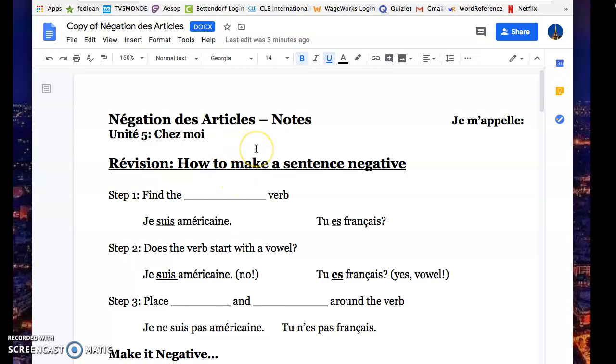So if you have these notes printed out, that's great. If you have a pencil, that's awesome, or a pen. You also might want to get out a highlighter. Okay, so I'm just gonna start teaching this. So,